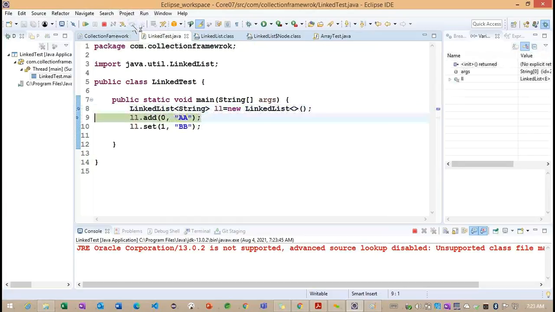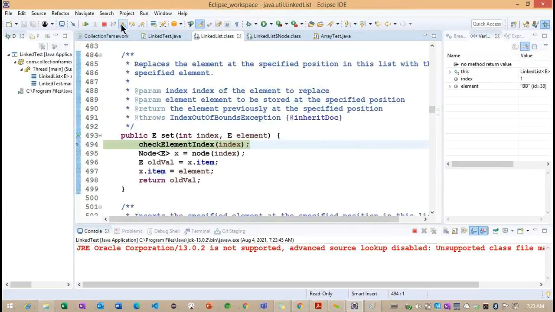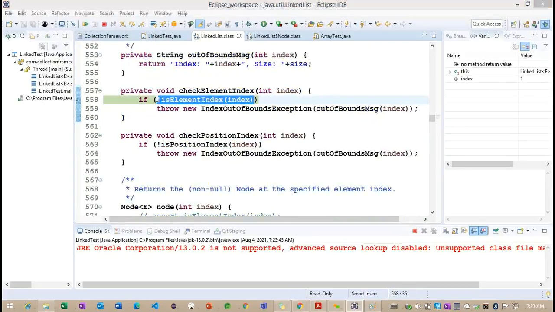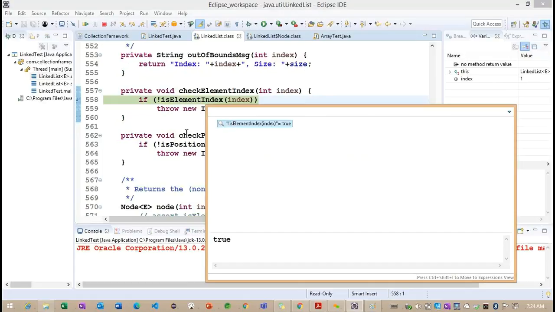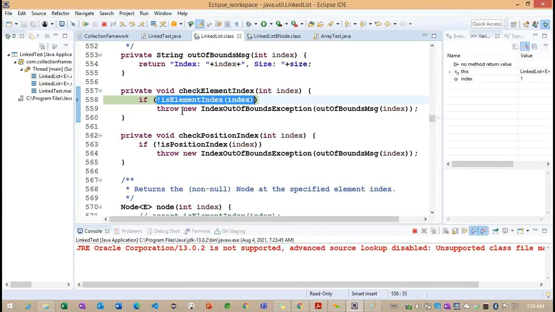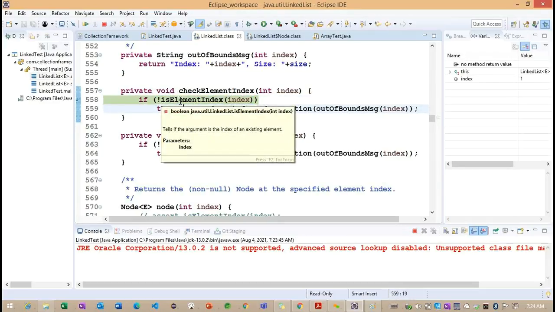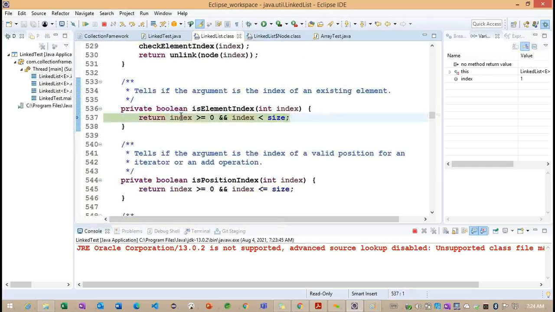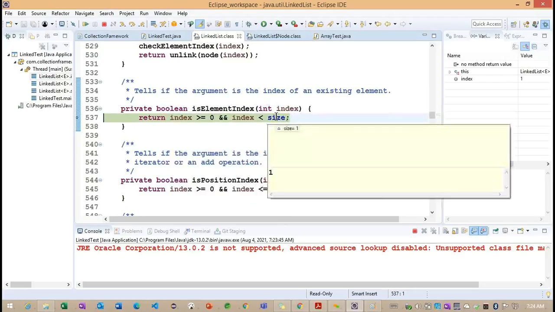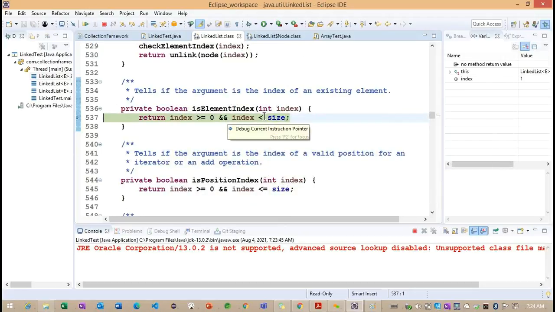Okay, now I am giving within the size here. I want to find out here. So check for element. We'll say what is returning. So it's returning true. So why is it returning true again? We'll go for the index here. Index is okay. Size less than, they're making here. I thought they were making less than or equals to, but they made the condition less than, so it will not satisfy.